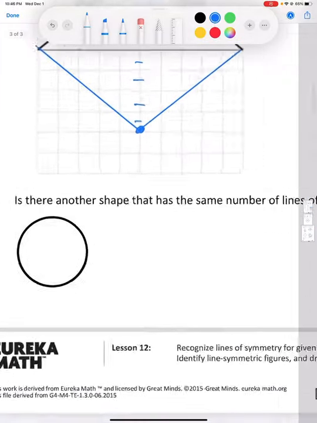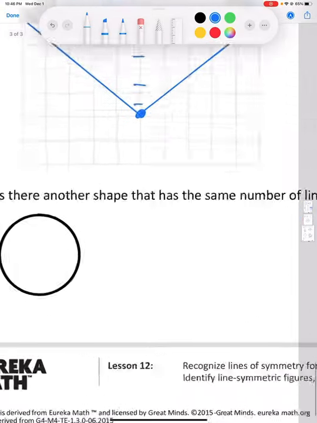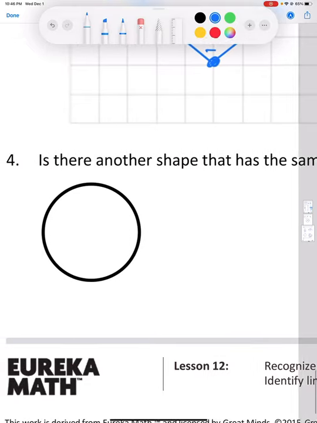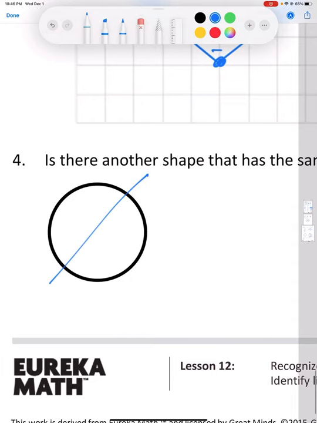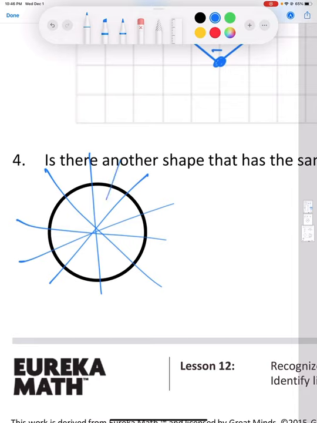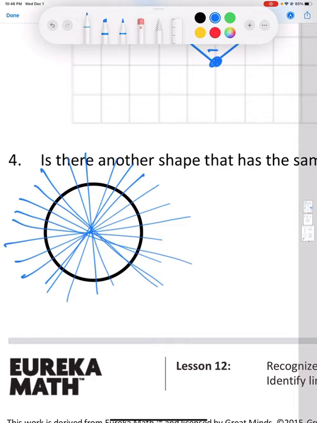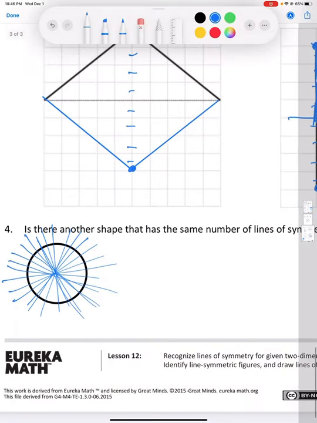Let's take a look at this one. Is there another shape that has the same number of lines of symmetry as a circle? Well, how many lines of symmetry are there in a circle? We can see that we can draw any line of symmetry through the circle, and you just go straight through the center. Okay, so we got lots there. Here's some more. And we can actually do this forever, right? Okay, so the answer is no,